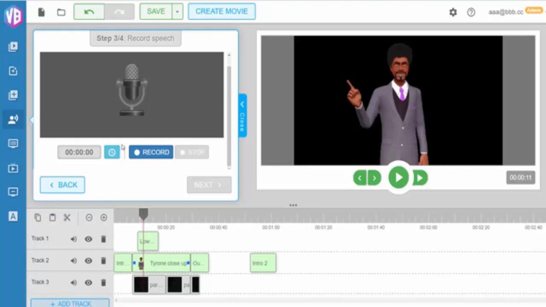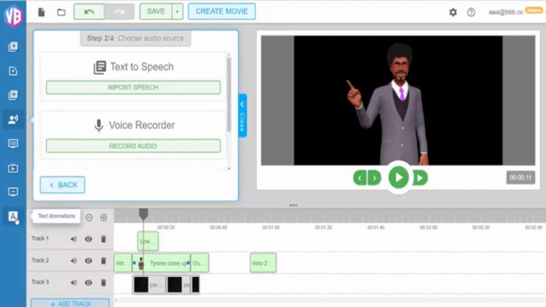Then there's a complete lip sync technology in place here, without any really high-end 3D apps like Cinema 4D or Adobe After Effects. You can use our Video Builder app to do these really high-end 3D animations and 3D motion capture explainer videos and avatar videos. On top of that as well, as you can see here, we can